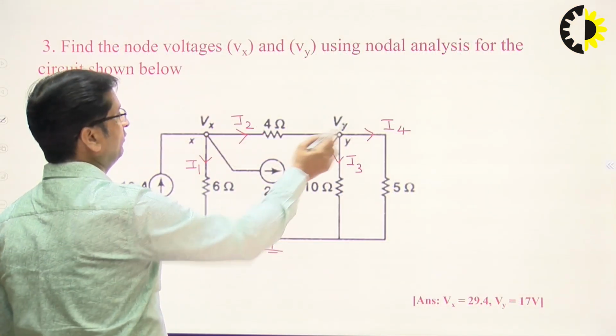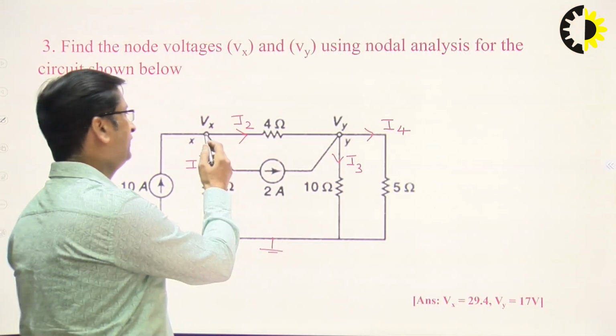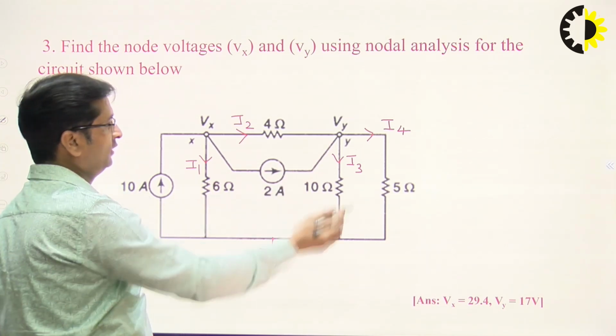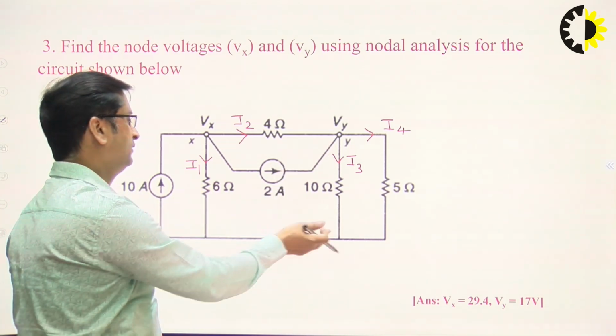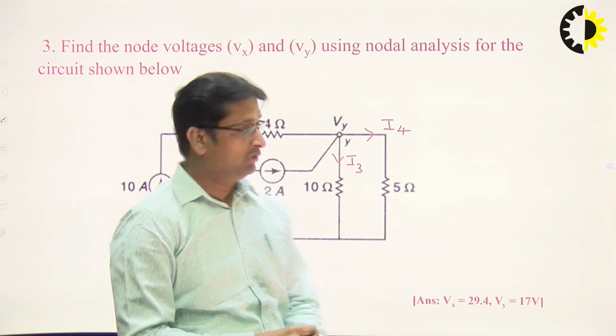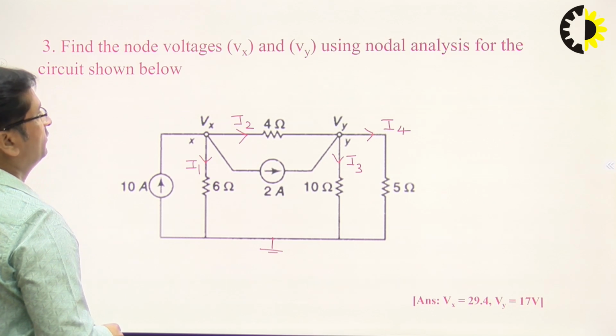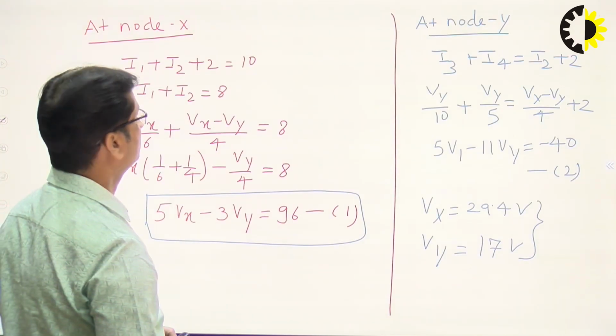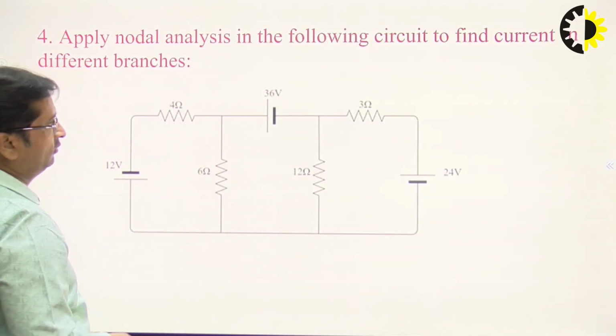So Vx and Vy are known to us. Once Vx and Vy are known, we can calculate the current in any branch, since we have the node voltages. So this is one of the problems based on nodal analysis. Now another problem is